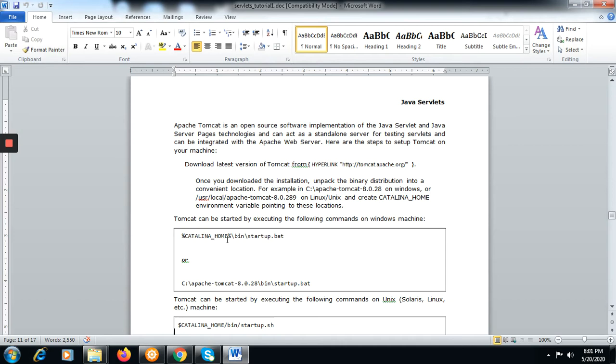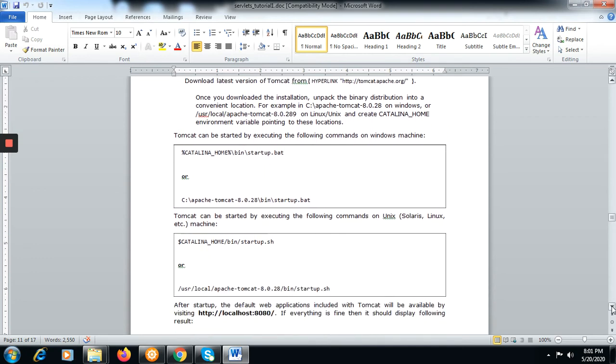In Catalina Home, which is nothing but this Tomcat, inside that you will find a bin folder. In bin, you have startup.bat. You need to run this startup.bat. Or you can just open the command prompt and paste the path. You need to understand where you have put Tomcat.